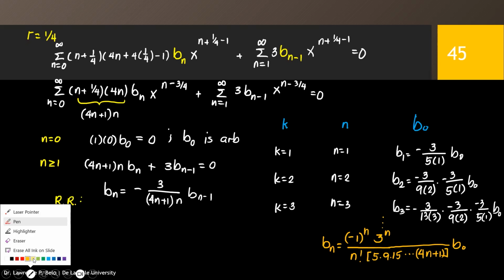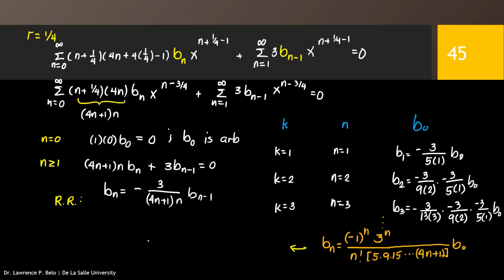Or if you want to simplify this, that can be rewritten as bn equals negative 1 raised to n, 3 raised to n over n factorial, and then pi from k equals 1 to n of 4k plus 1, b sub 0. So now that we have this, we can write our y sub 2. Our solution now will be